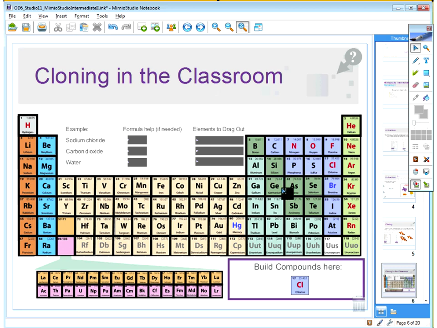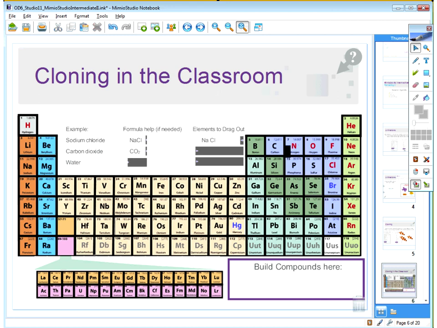And then I need to find Na, which is sodium, and I've done this before. Right? Yes, it is Na. So when I find my Na, there it is, I can build my compound. I have NaCl, and if this is what I wanted to do, that's correct. I'm done with this part of the activity. I've checked my answer, so now I can just grab those and drag them into the trash can right here,